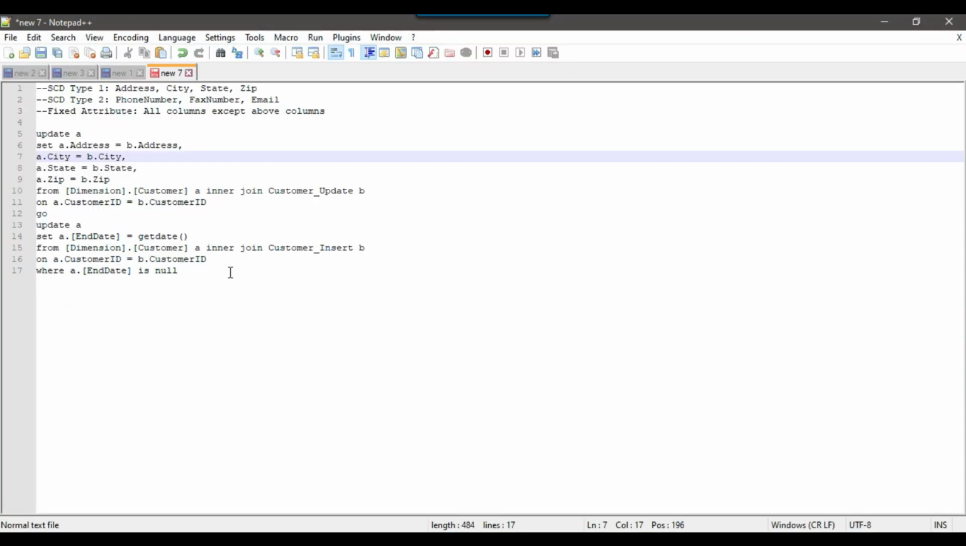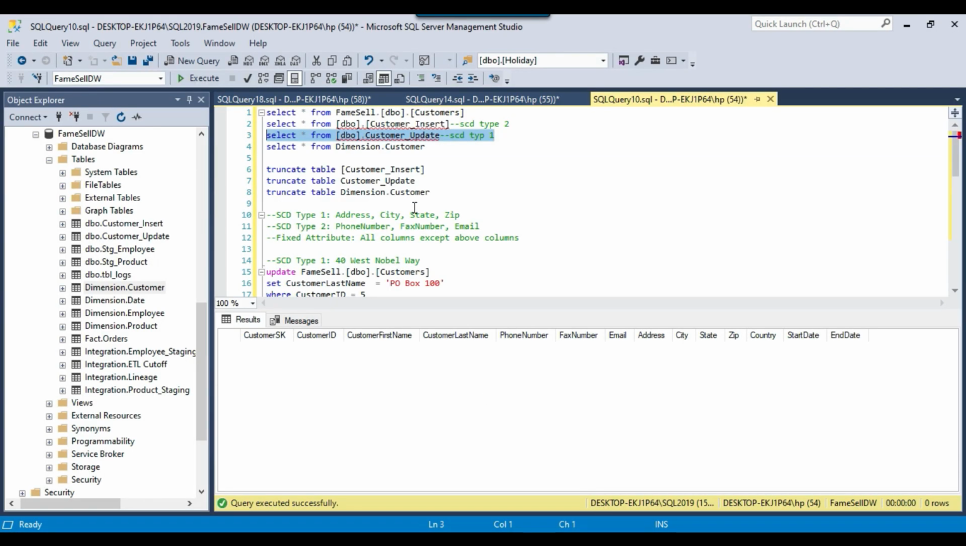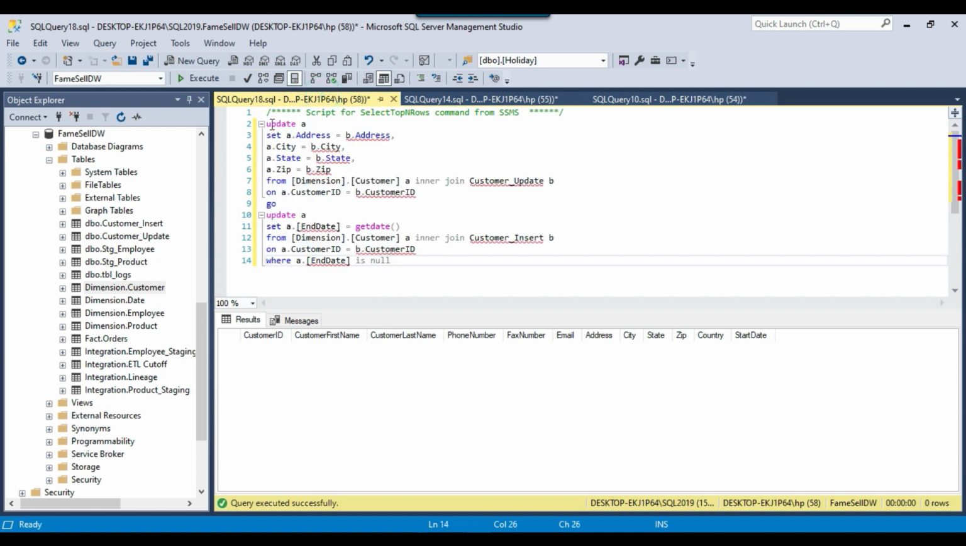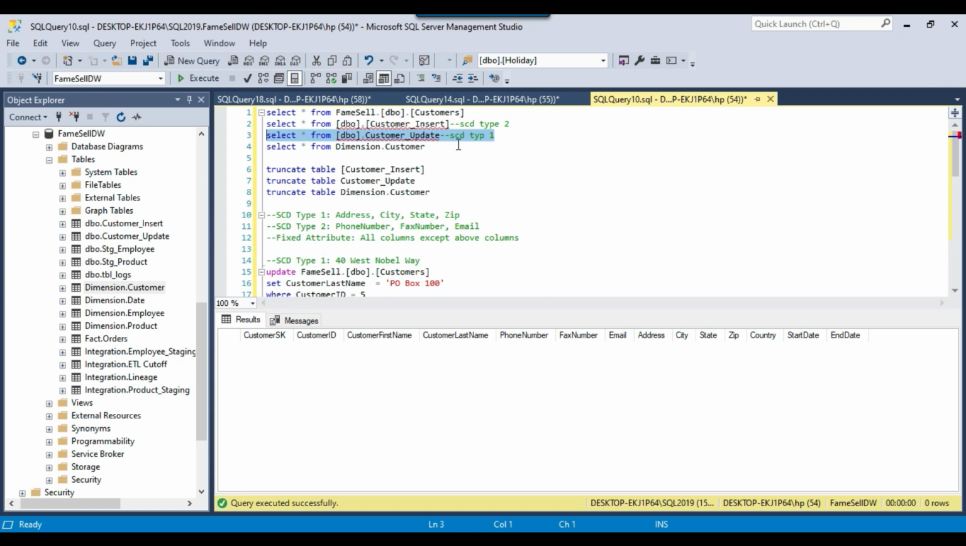So I have already written an update statement here, and let me share the update statement with you. So what we are going to do, we are going to update the address, city, state and zip into the dimension.customer table from the customer update table based on a join on the customer ID. Okay, because customer ID is the business key,